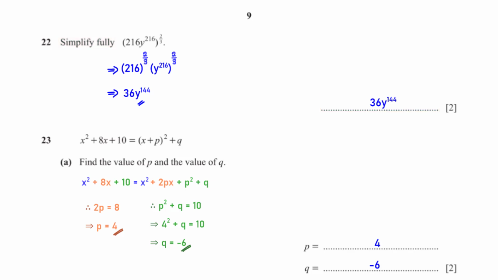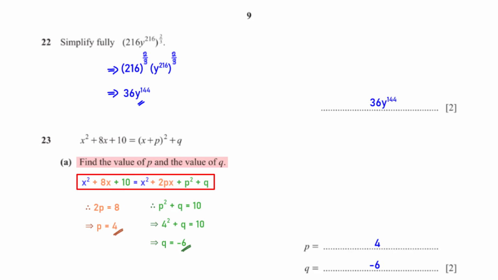x squared plus 8x plus 10 equals (x plus p) squared plus q. Find the value of p and the value of q. When we expand (x plus p) squared, we get x squared plus 2px plus p squared. When we compare x squared plus 2px plus p squared plus q to x squared plus 8x plus 10, we